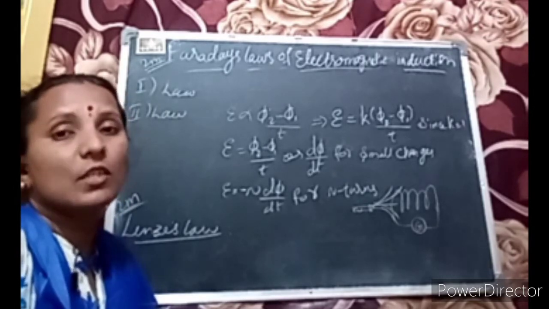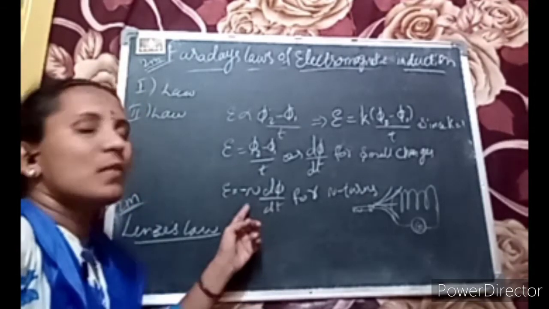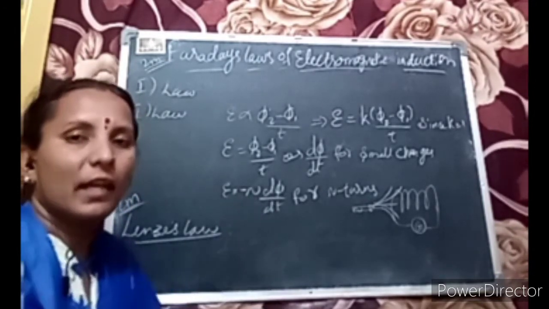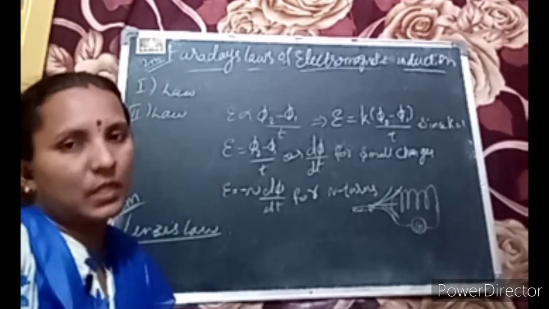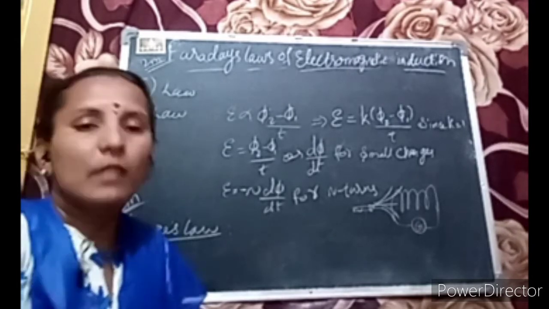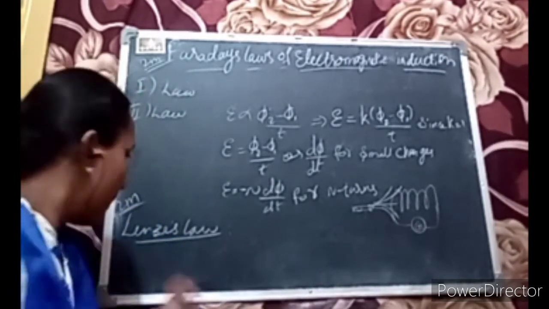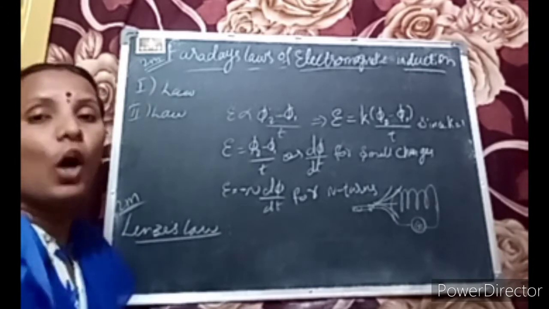I am repeating, the negative sign in the formula indicates that the EMF induced will be opposing the cause that produced it. The same reason is known as one kind of law that is given by